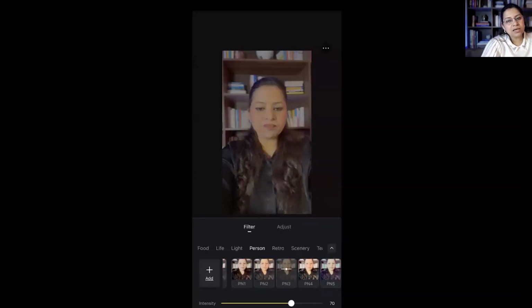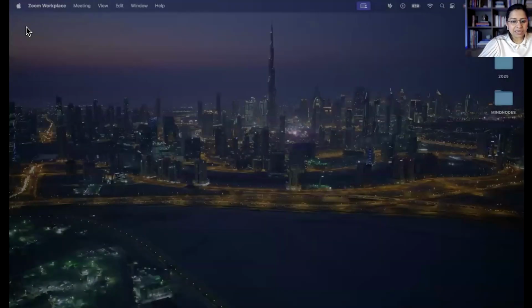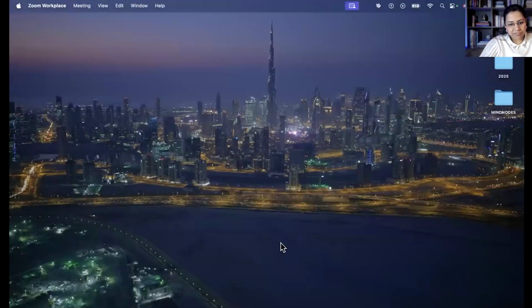And similarly, if you want this filter to be applied to all your video parts, you need to click on apply to all. And if you want this filter to be applicable only in one part of your video, you just have to click on the tick mark. With this, now you understand how to apply filter and how to do the color gradation on your own original raw videos.